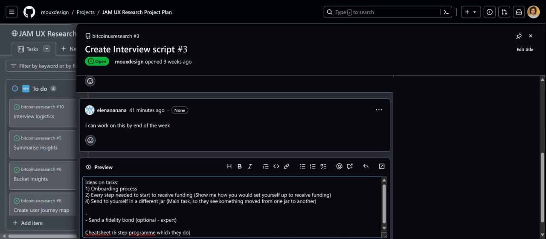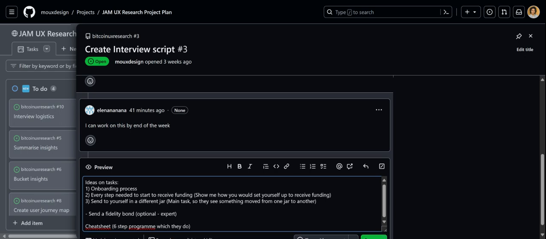Cool. So that could be the task that we're focusing on with these. Yeah, that's helpful. All right, so we'll just make sure that the script leans into these tasks over here, the onboarding process. And I know you mentioned that the education in the onboarding process is also very important.